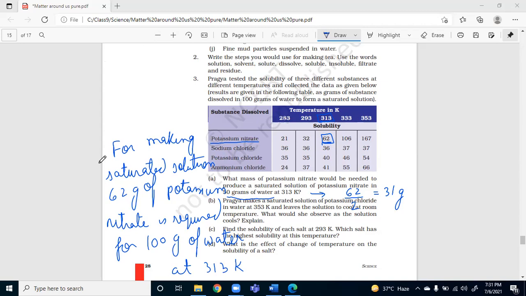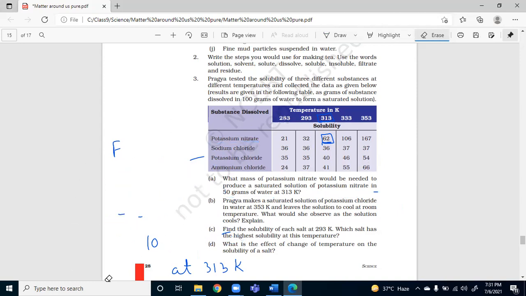Okay, so let's continue with the answers. So A part is understood to every one of you. What do you say? Can we proceed to B part? If you have not understood A part, you can just tell me. I can repeat the solution. And if you have understood, then it's okay. Ma'am, can you tell once again? Ma'am, please explain again.